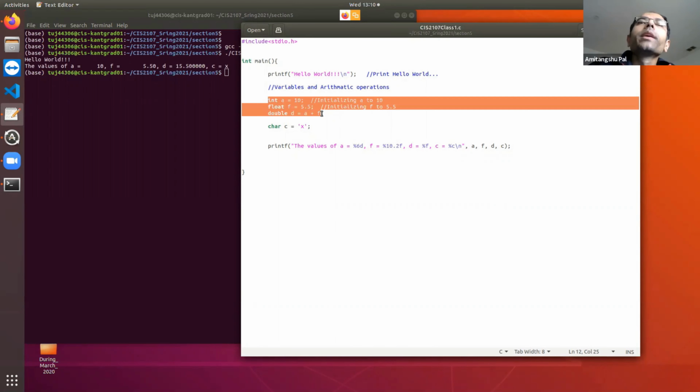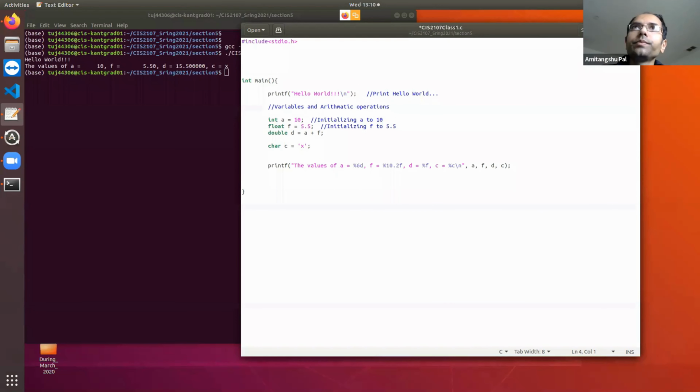Now let's see. There are some variables like the value of pi or the value of e. These are called constants. The value of pi is not going to change, or shouldn't change, throughout the course of your program. So let's see how we can define those constants. The value of pi is called a symbolic constant. The value of e is not going to change. These are called symbolic constants. You can definitely write float pi equal to 3.14. It is not going to give any trouble.